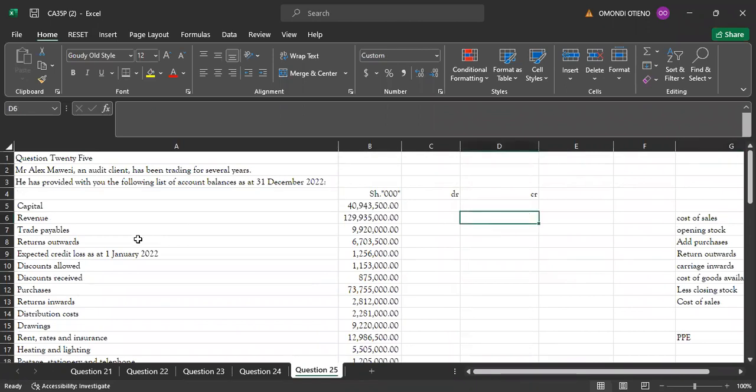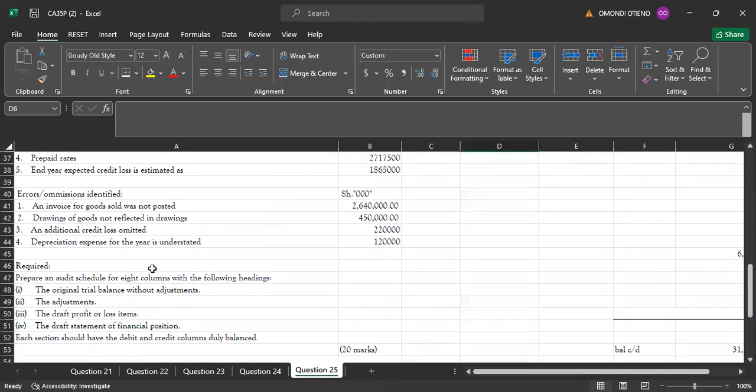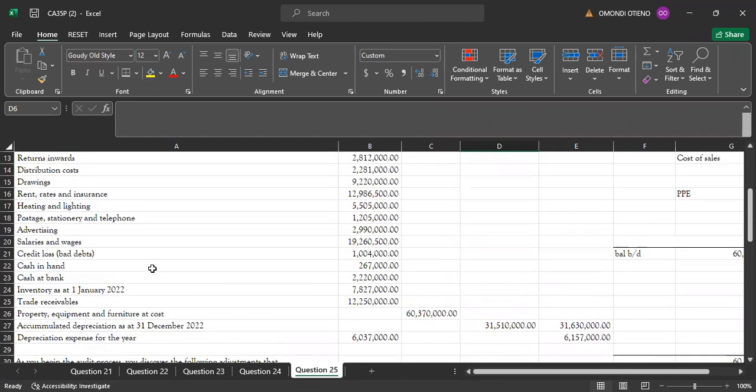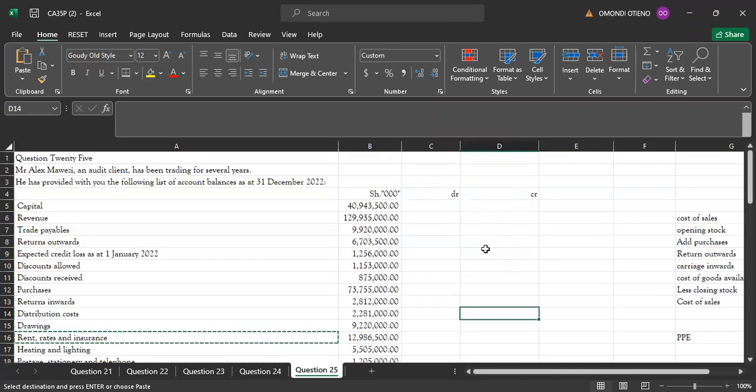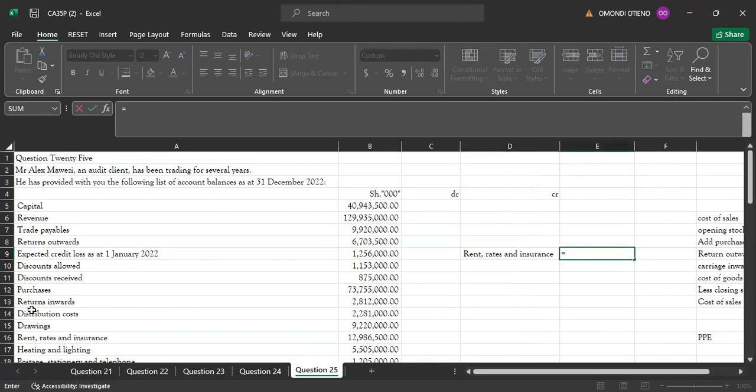I have an expense by the name... Let me see the one that was given there. Insurance expense. So we have insurance expense and also rates. If you look at this, I have rent, rates, and insurance expense. It has been combined to be a single figure. So I'm going to have rent, rates, and insurance costs. Let me just have it up here. Rent, rates, and insurance. That expense for this particular year is equivalent